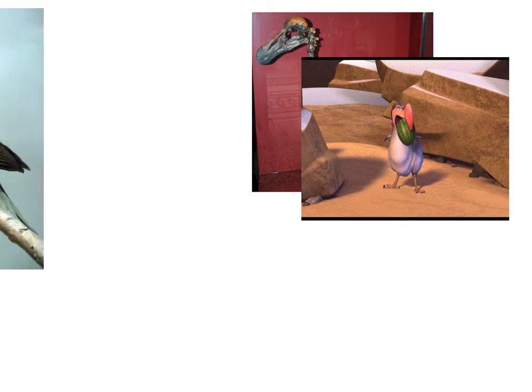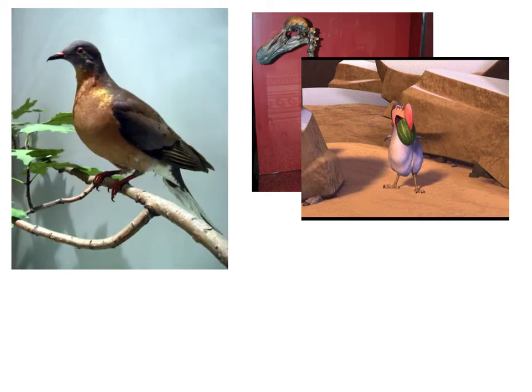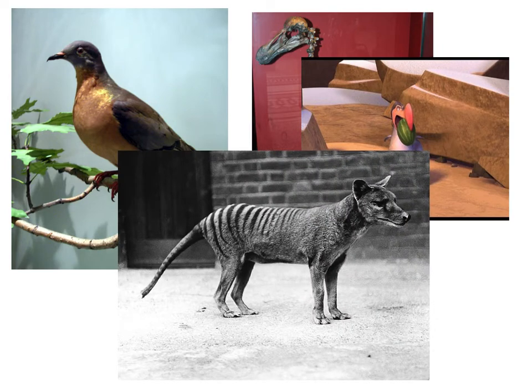human populations. Here is a picture of a passenger pigeon, which was at one time the most numerous bird species on the planet here in North America. But after European colonization and overexploitation of this species, the passenger pigeon went extinct around the turn of the 20th century, so about 100 years ago. And then, of course, the Tasmanian tiger, which is actually a marsupial carnivore, a member of a genus that's no longer around.